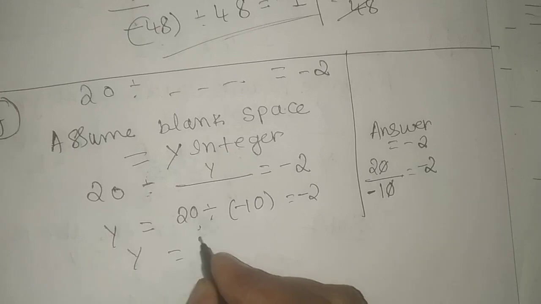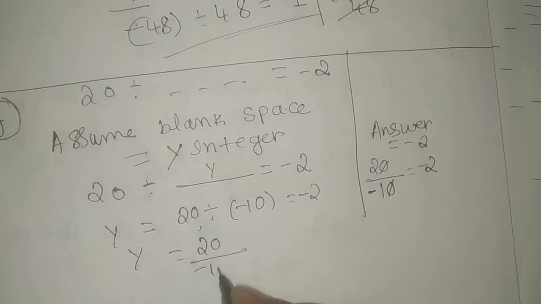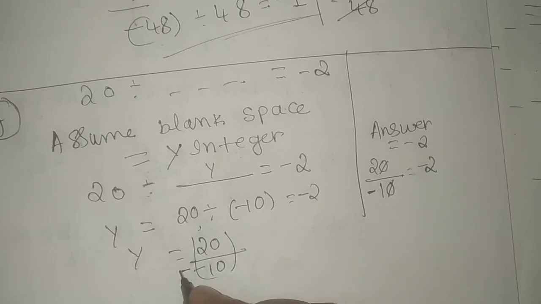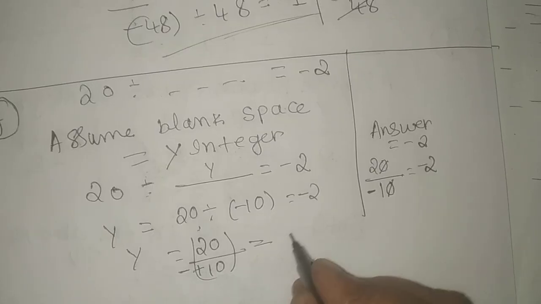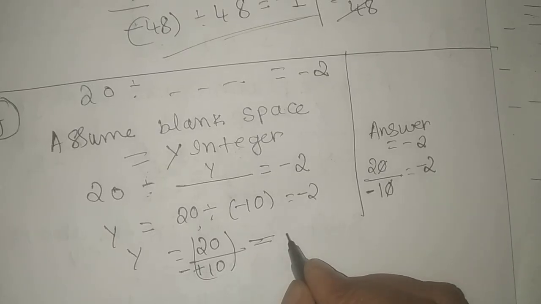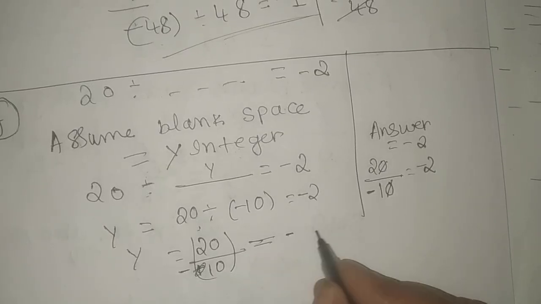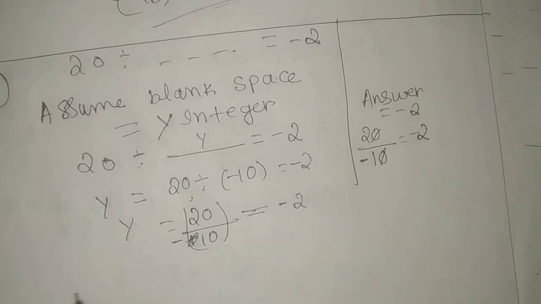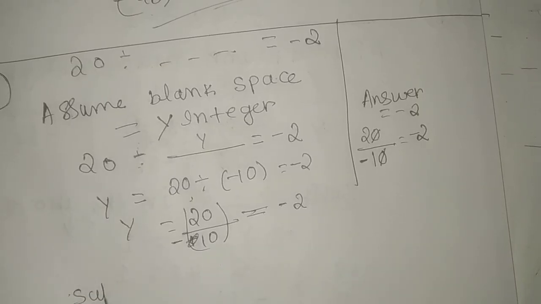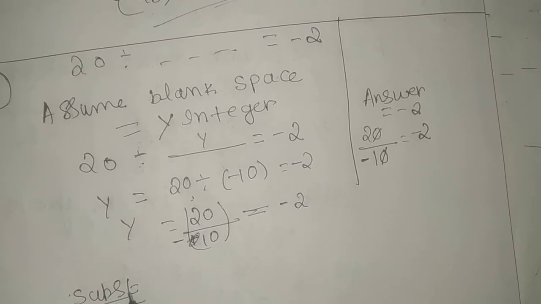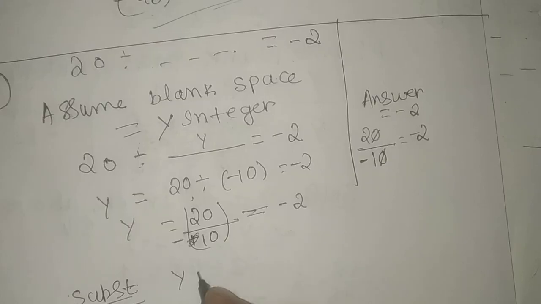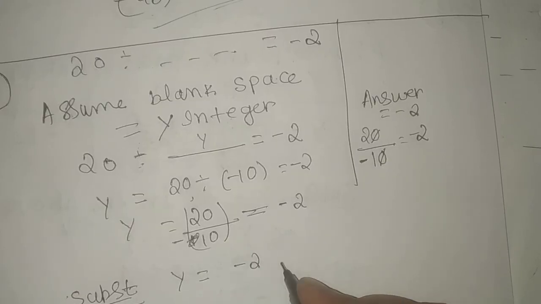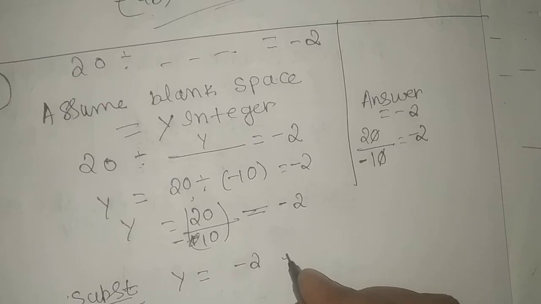That is y is equal to 20 divided by minus 10 is equal to minus 2. Then substitute y is equal to minus 2 in the